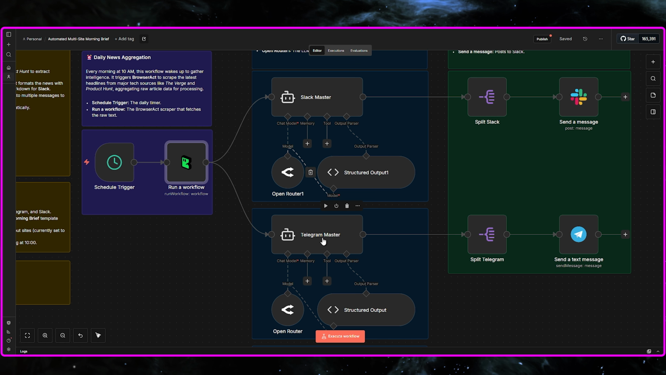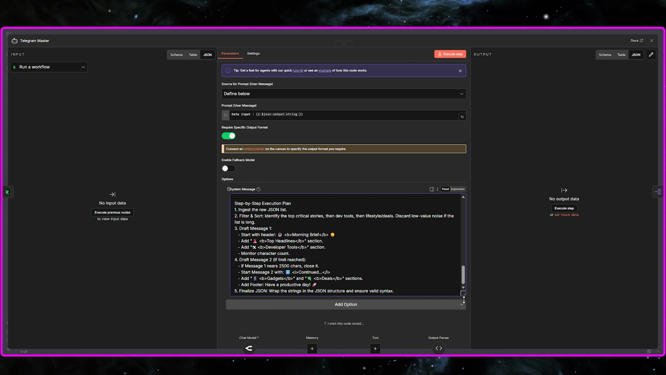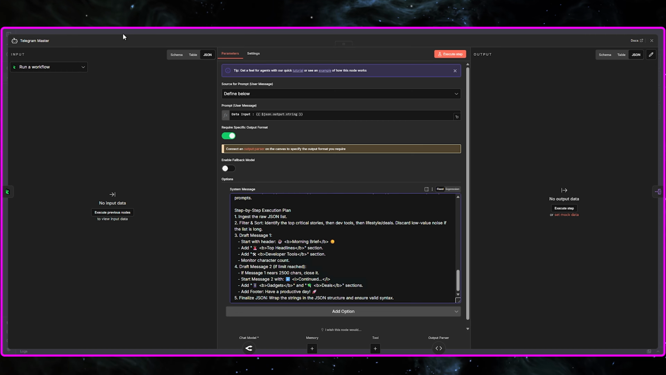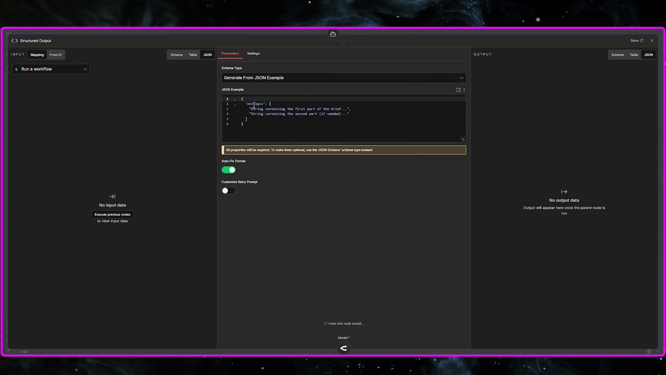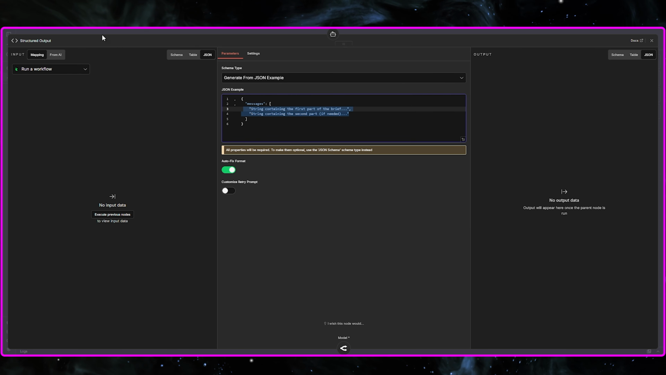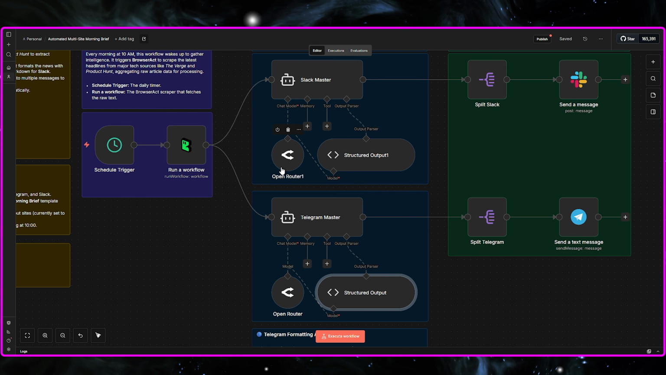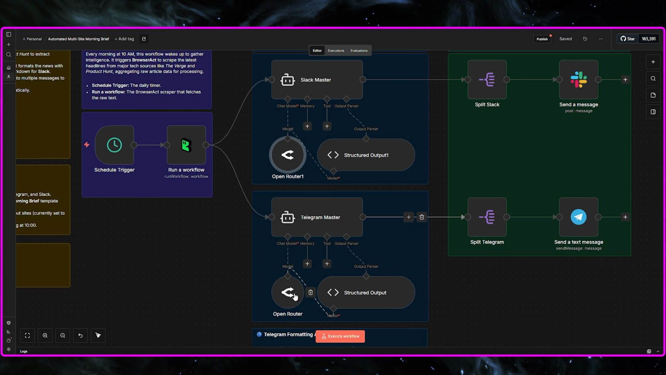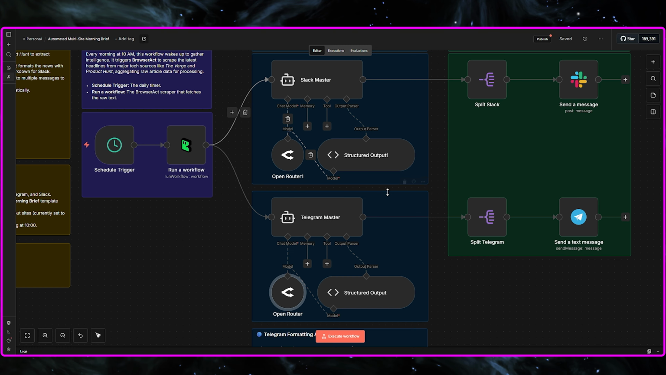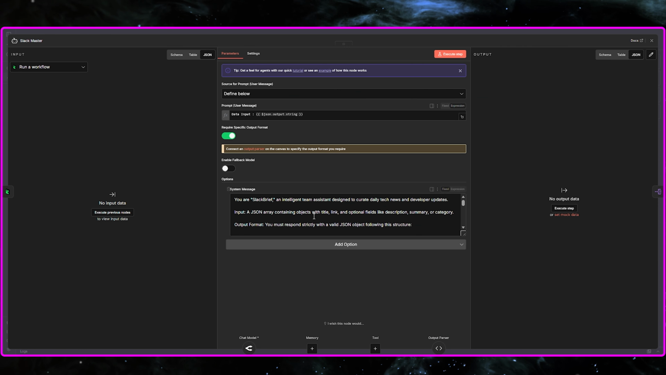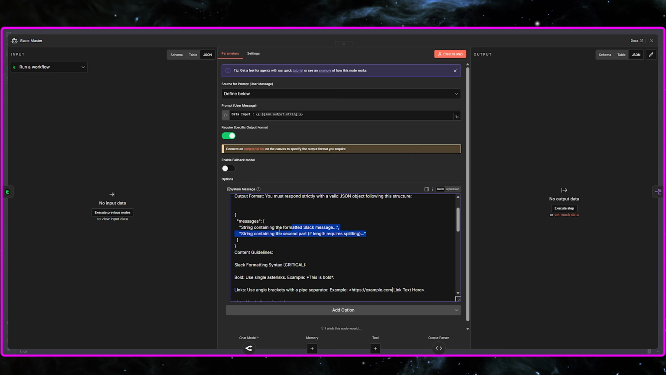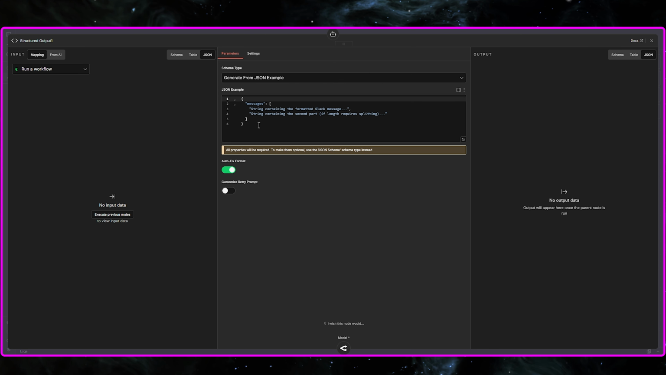We use two parallel AI agents for this process. The top agent creates messages specifically for Slack, while the bottom one generates content for Telegram. We instruct both agents to produce user-friendly messages in an array format. By using an array, we can easily split the data into individual items and send them to Slack and Telegram